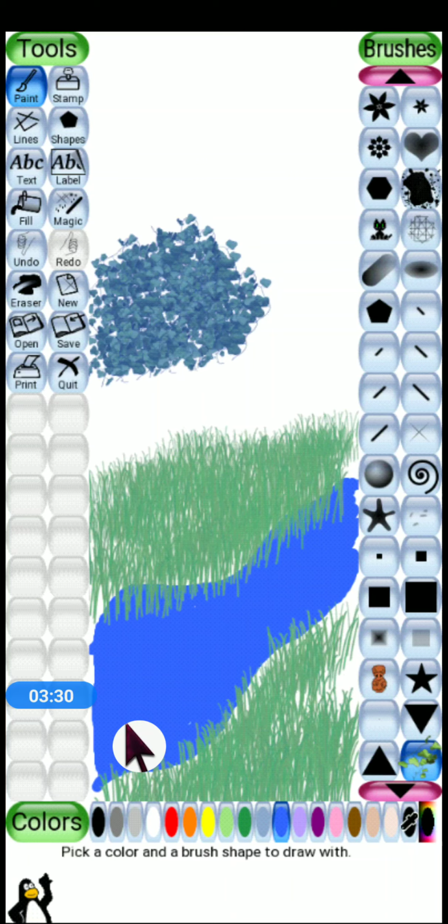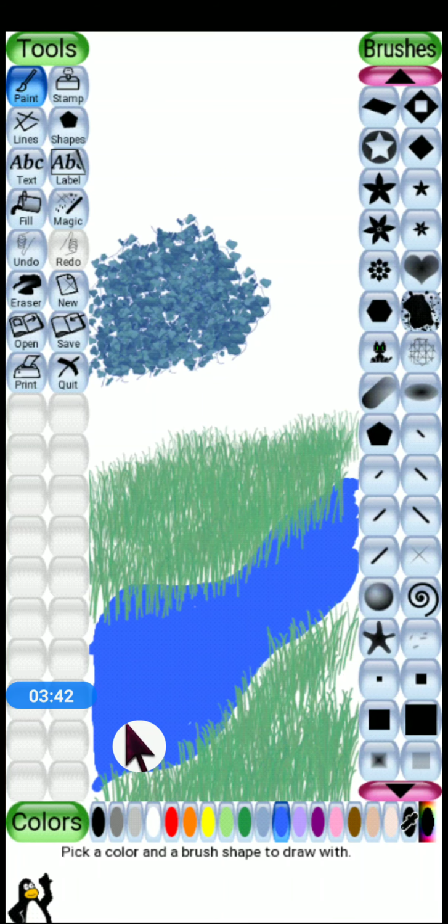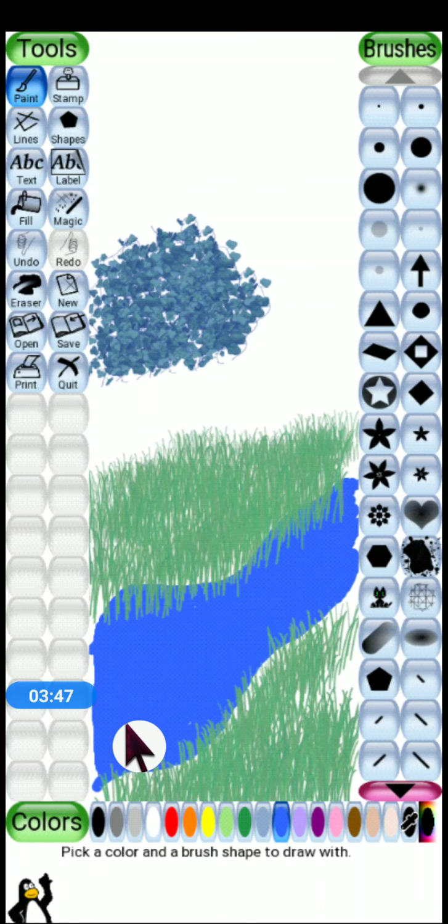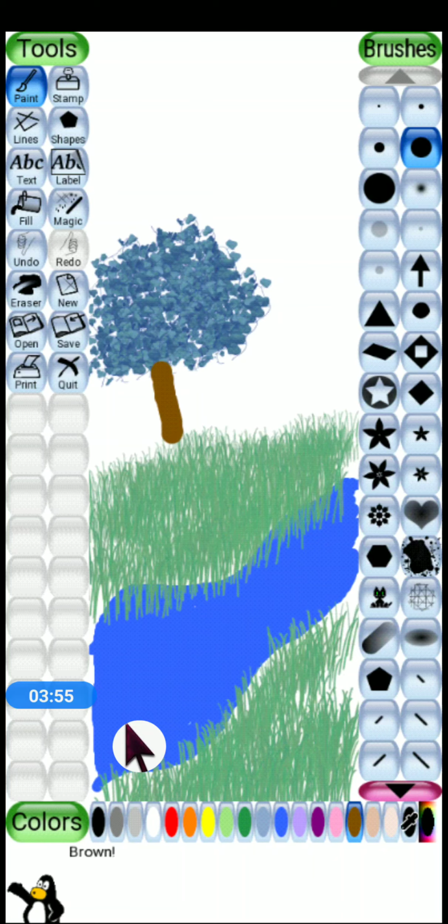And if the tree is here, I have to draw a base. The tree is not going to stand in the air. Fine, I need to draw its base as well. For the base I need to take a normal brush, and the base of this, the root of the tree, is of brown color. Drawn, right? The basic things have been drawn.